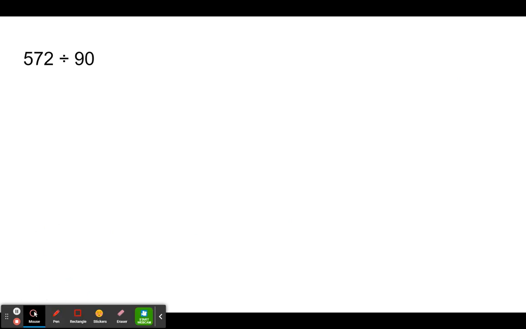So over here, we have 572, and we are going to divide 572 by 90. So we're going to do the same thing. We're going to go ahead and estimate first. So if we do our estimation,